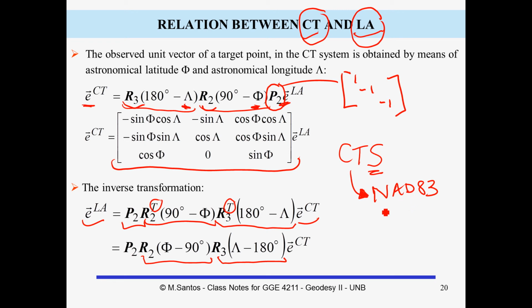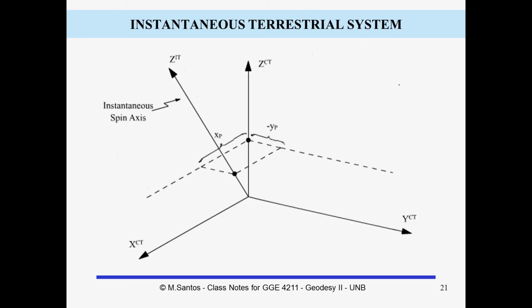There are other coordinate systems that define this. The most important ones right now are the ITRFs. The ITRFs are, well, that's the frame. They are materializations of the ITRS, the International Terrestrial Reference System, and there are a number of those. Okay, so basically we can think that today we work with systems that are very close to the conventional terrestrial system. Instantaneous terrestrial system,